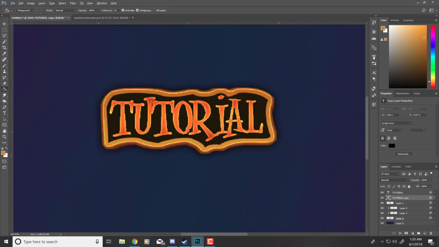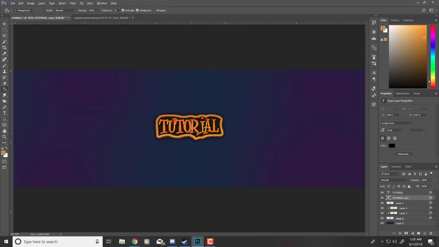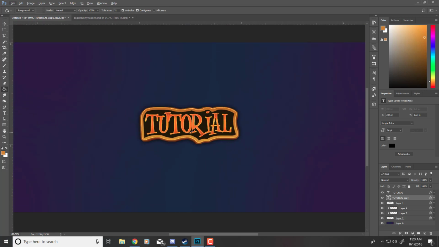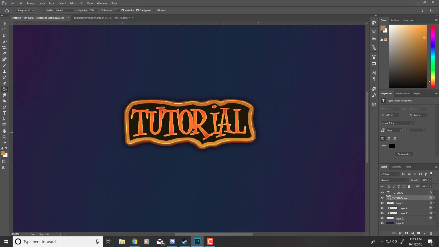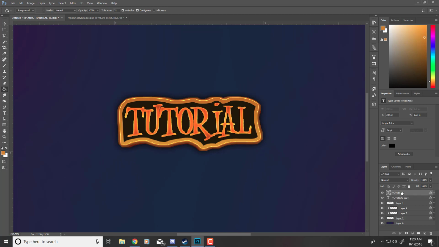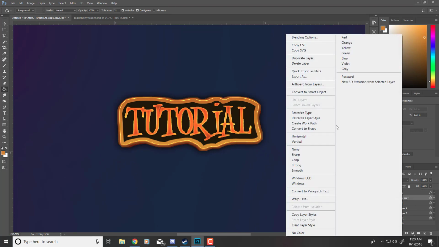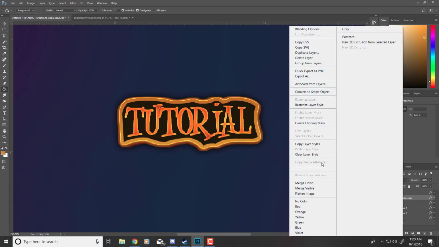Alright, and now we go into how we got the 3D portion of this. Now if you want, you can take way more time on your bevel. I'm just doing it because it's a tutorial and I don't want to take too much of your time because we're already at about 10 minutes. Alright, so now we got our tutorial copy, and what we're going to do is we're going to rasterize it and then